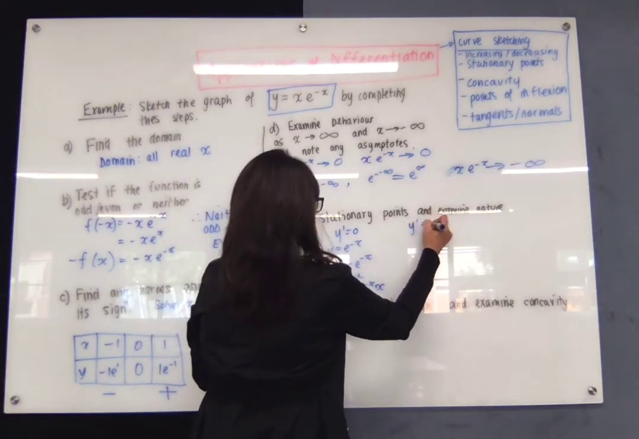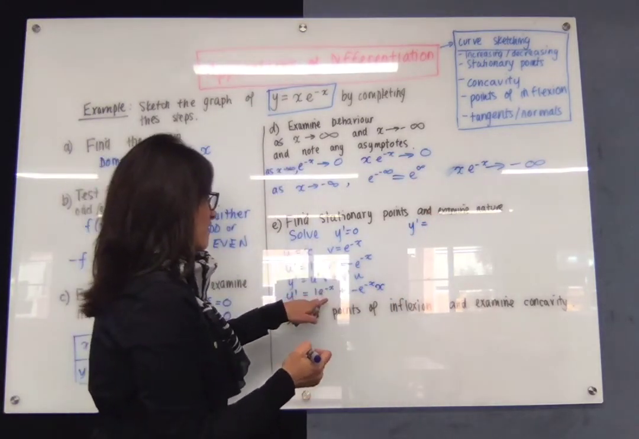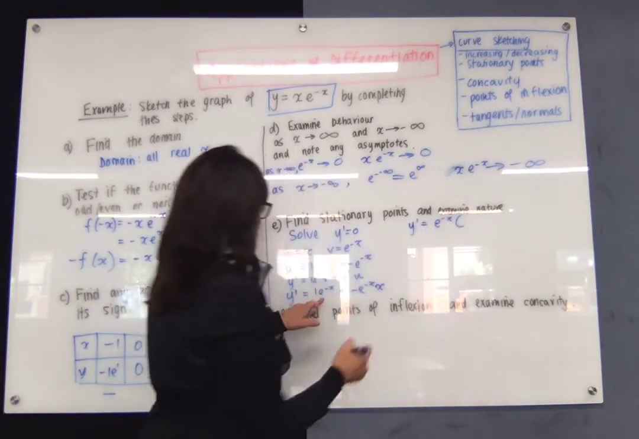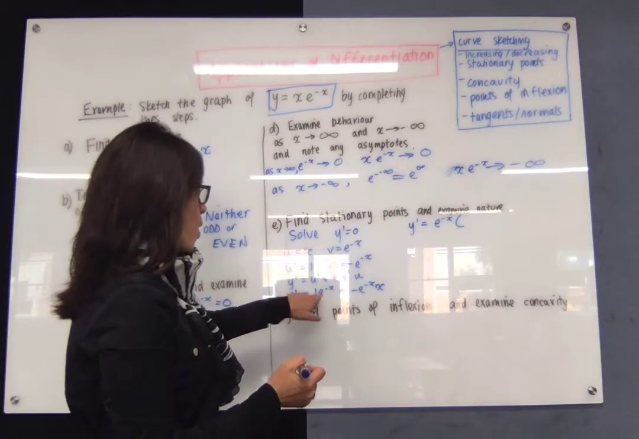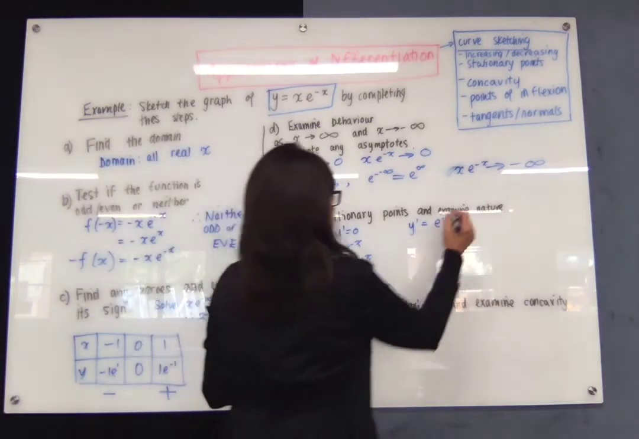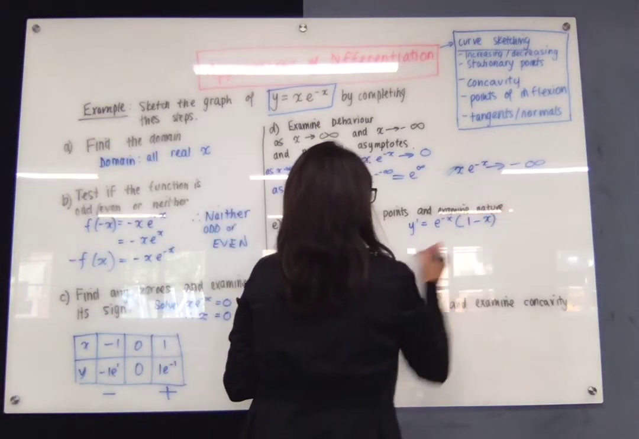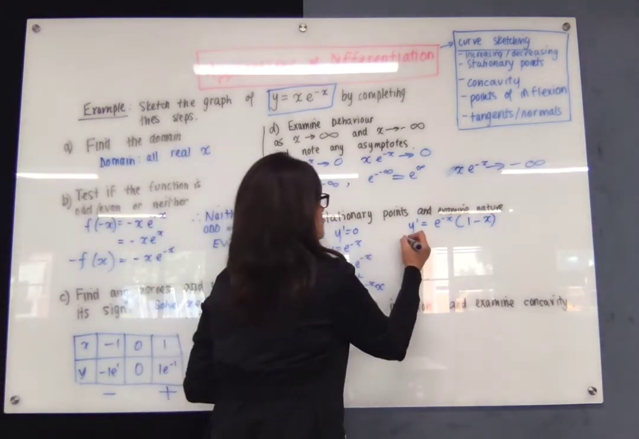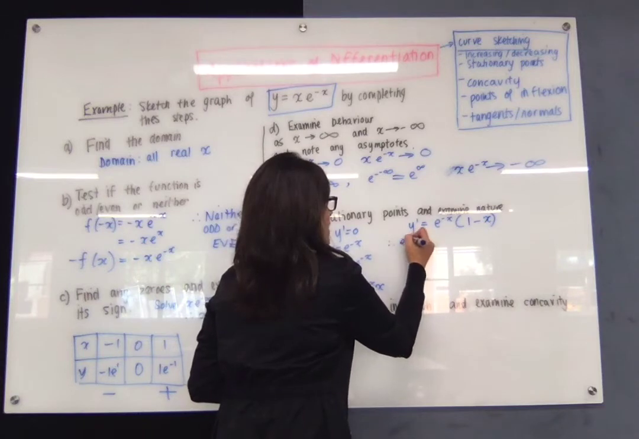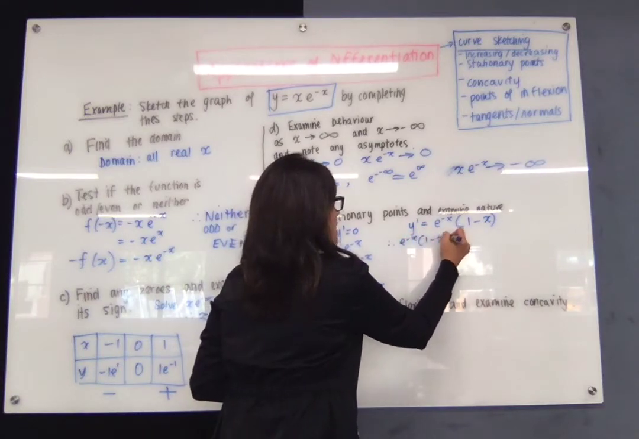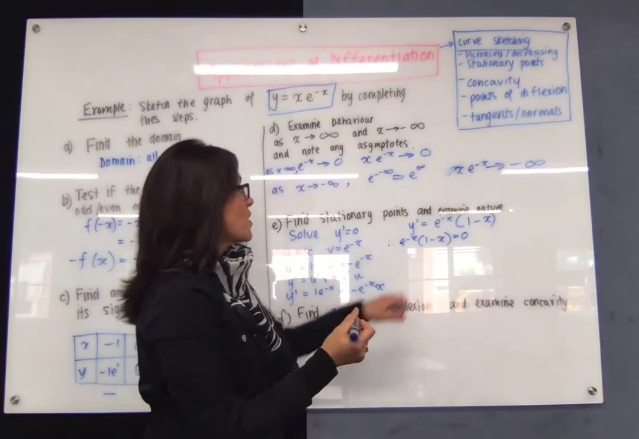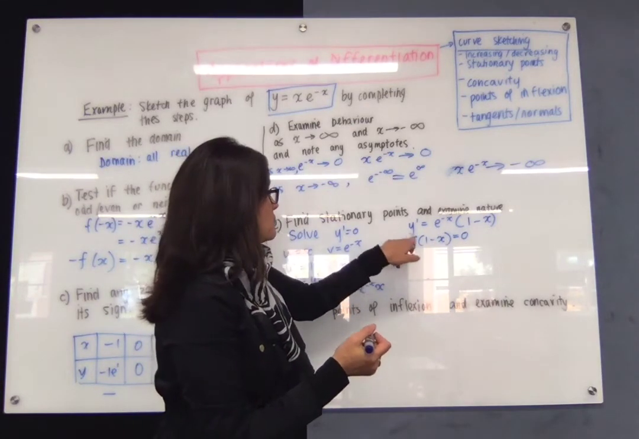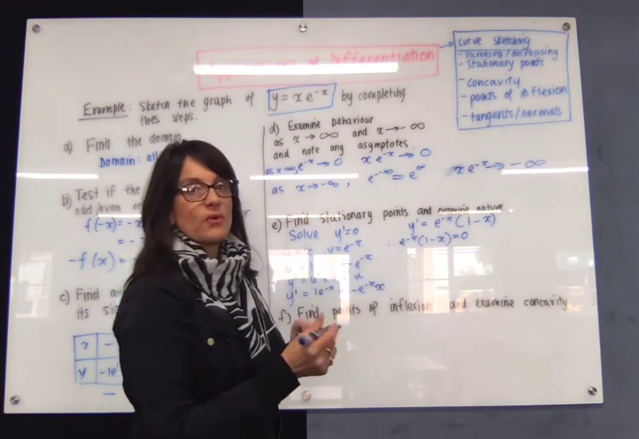So y dash equals, let's take out this common factor of e to the negative x, and then in brackets now we're going to have 1 minus x. Okay, now if we're solving this equal to 0, when e to the negative x times 1 minus x is equal to 0, we've got this product multiplying together to give us 0, so either this must be 0 or this must be equal to 0 to get a